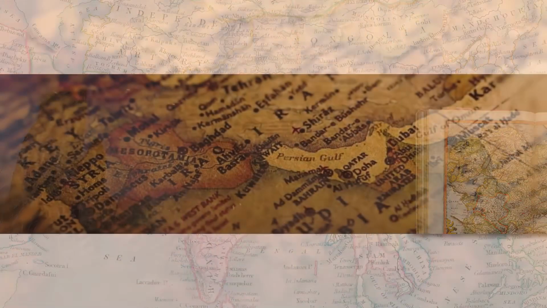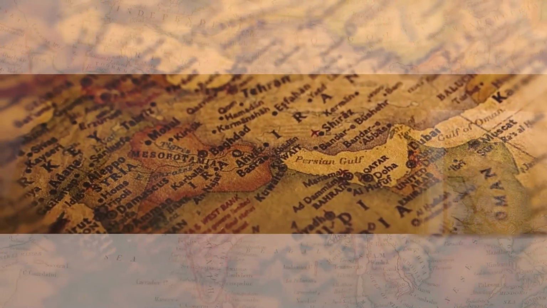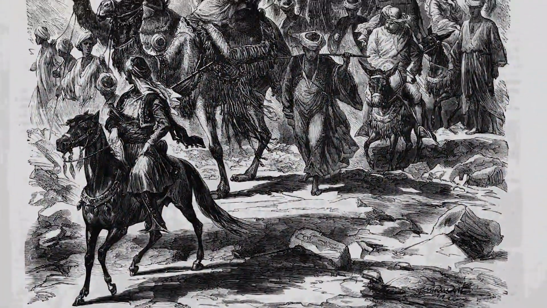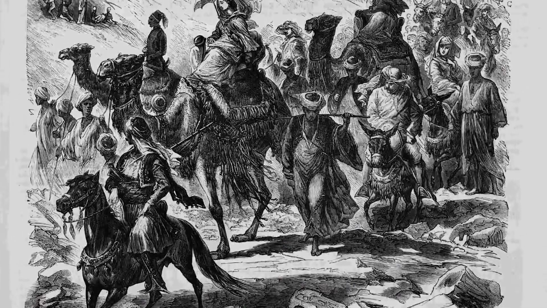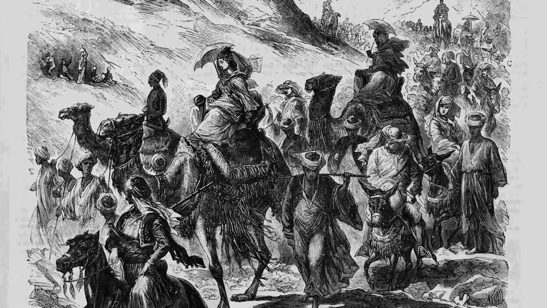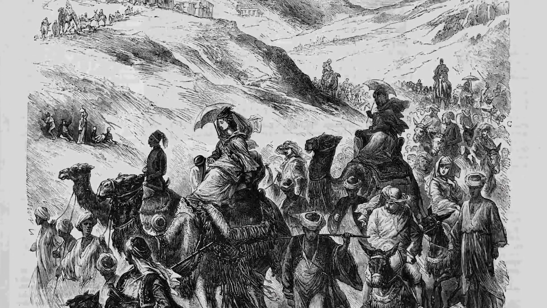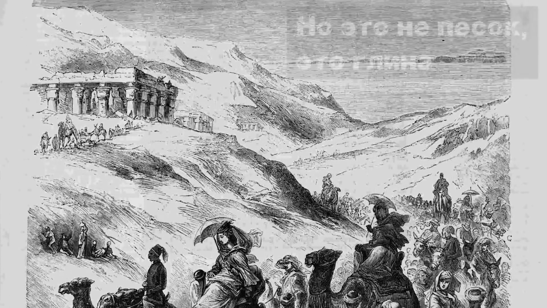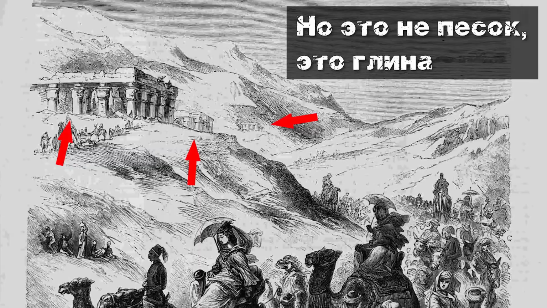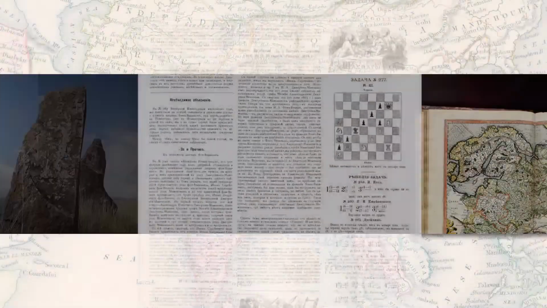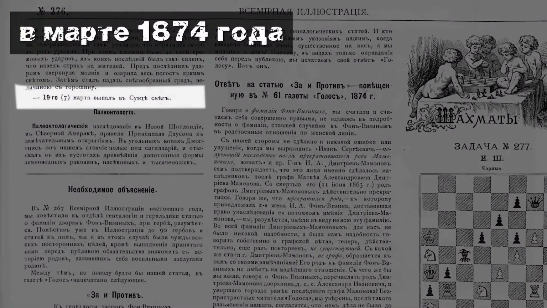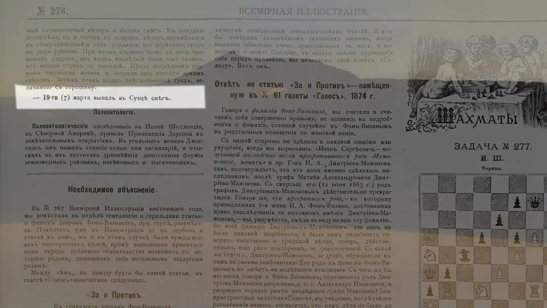By the way, what's the deal with the Suez Canal? Has anything been written about it? Yes, Volume 3, page 35, tells us about the opening of this canal. And on one of the engravings depicting the arrival of the French Empress for the opening, the ancient temples are almost completely buried in sand. Here, for example, Volume 11, page 258. We are informed that on the 19th of March, it snowed in Suez. And now there's suddenly sand in the Sahara.